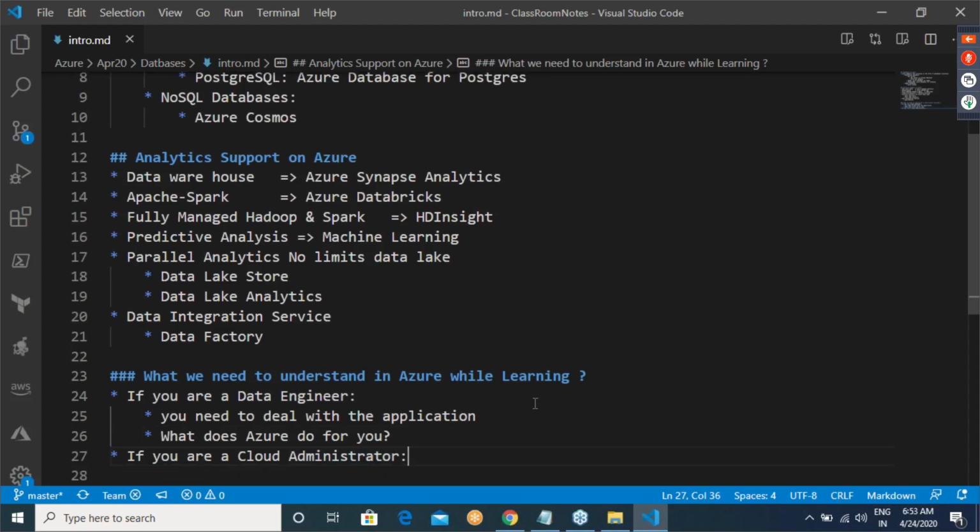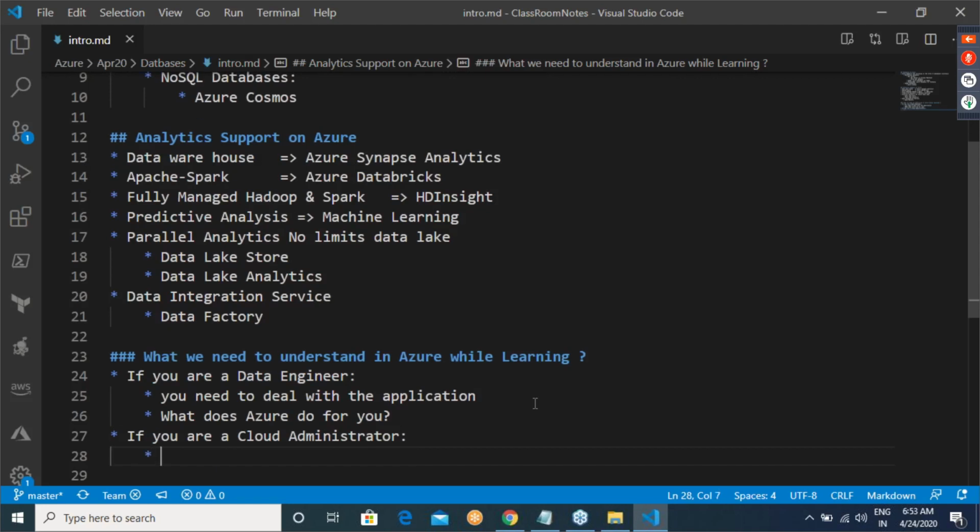If you are a cloud administrator, just understand how to create and manage the data platform assets. You are not getting into how it works. You are just trying to create and then manage.